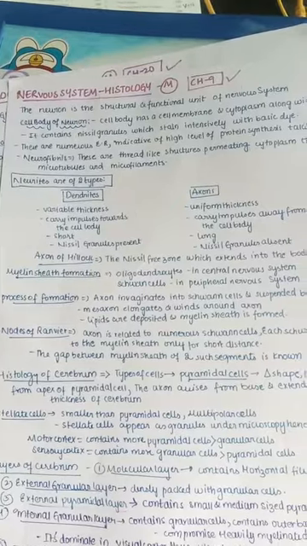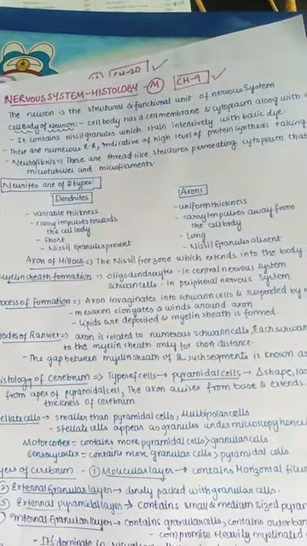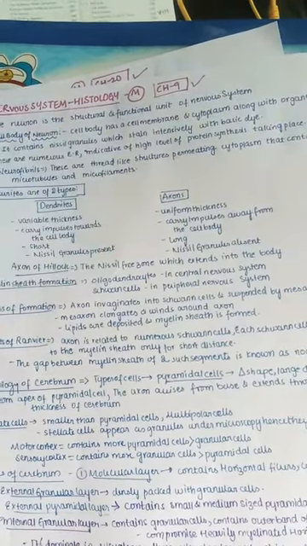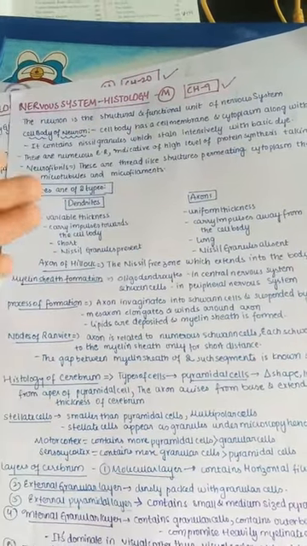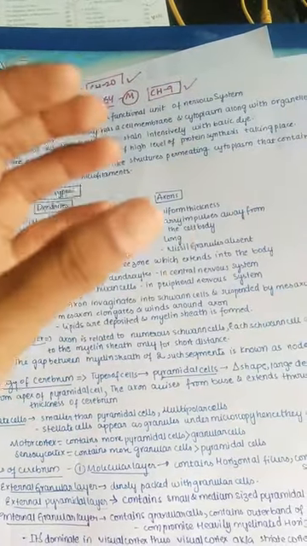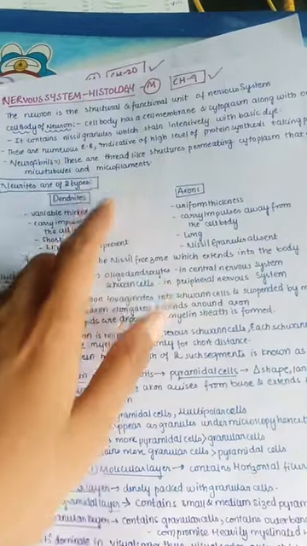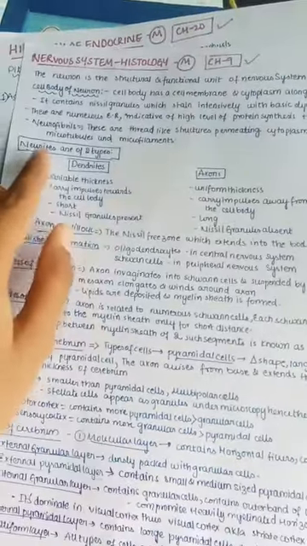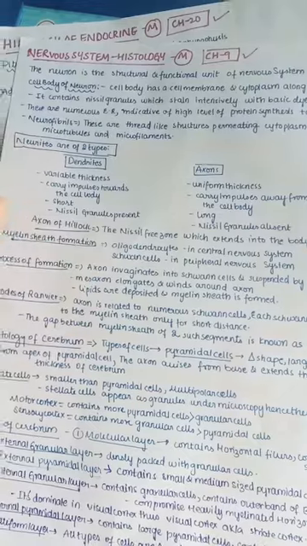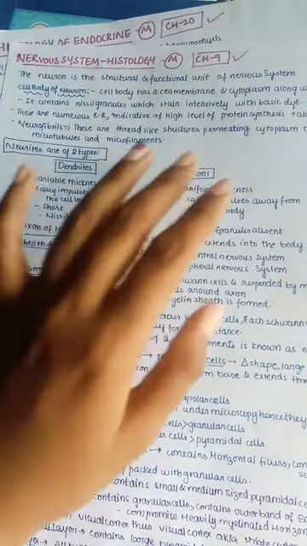And there are numerous endoplasmic reticulum. When there is a larger number of endoplasmic reticulum, it indicates a high level of protein synthesis. Next, the neurofibrils are present. These are thread-like structures permeating the cytoplasm that contain microtubules and microfilaments. Now let us see neuroids. Neuroids are the processes arising from the cell body, that is dendrites and axons.